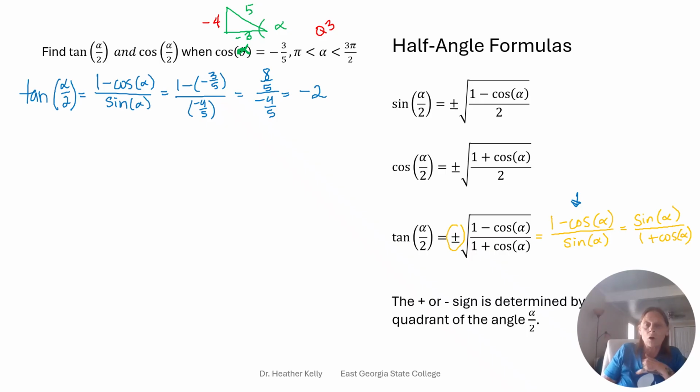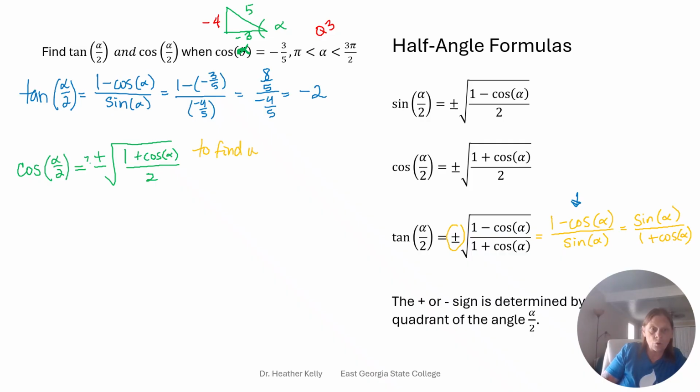Now, when we do the next one, we are going to have to figure out what quadrant alpha over 2 is in. So let's check out our cosine of alpha over 2. That's equal to plus or minus, we have to figure this out, the square root of 1 plus cosine alpha over 2. Now, to find what quadrant alpha over 2 is in,